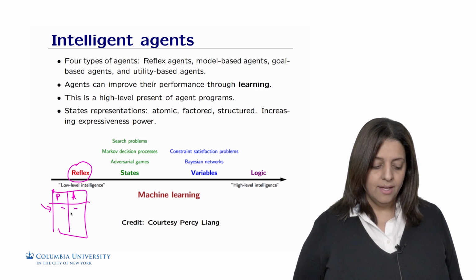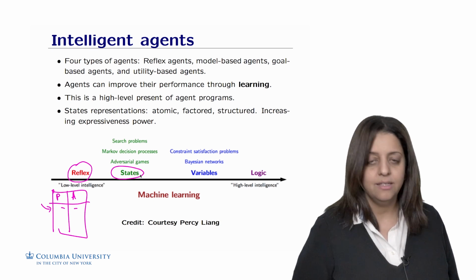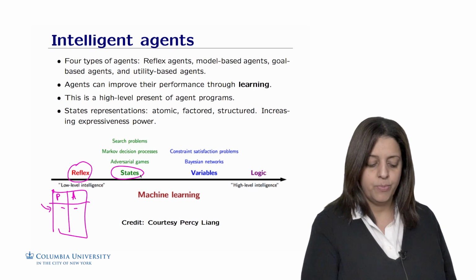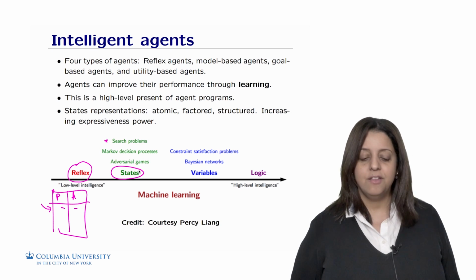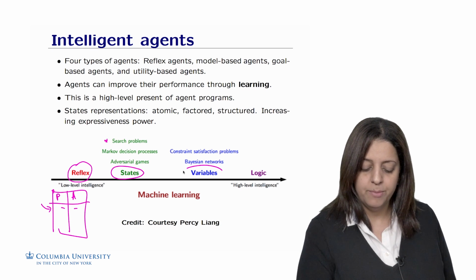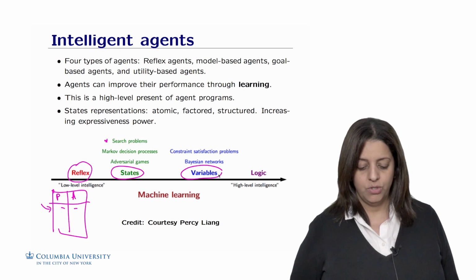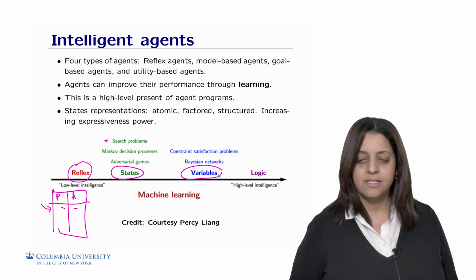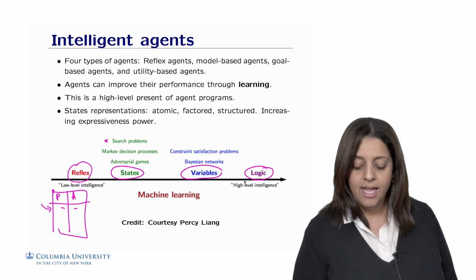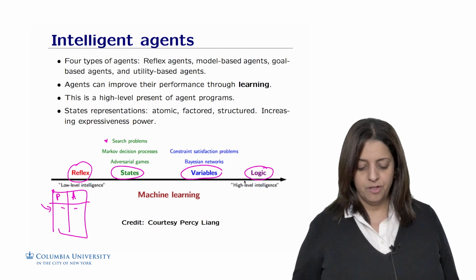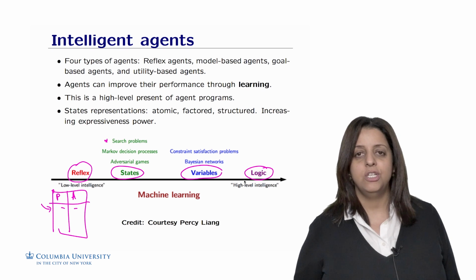We have seen that state representation could be atomic, in which the state is considered a black box. This includes search problems, such as finding a route, or Markov decision processes, or games. We have also seen the factored state representation, in which we have variables describing the state. This includes problems in constraint satisfaction and Bayesian networks. And finally, we have seen the state with an increased level of expressiveness that is structured, in logic, in which more information is encoded in the state,